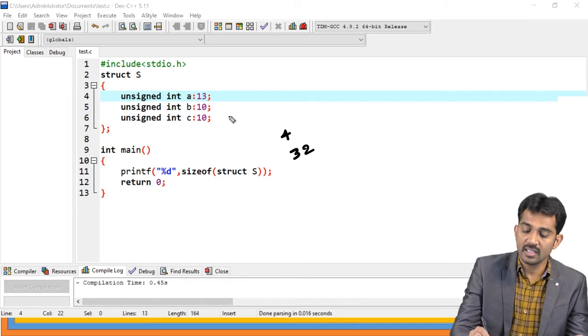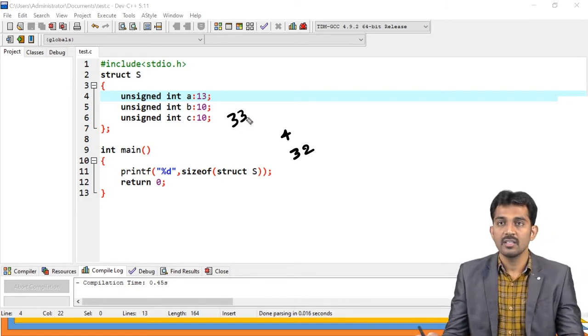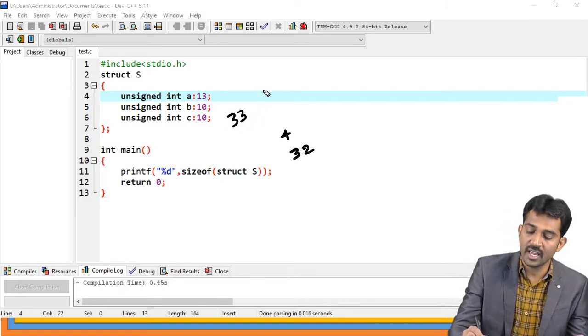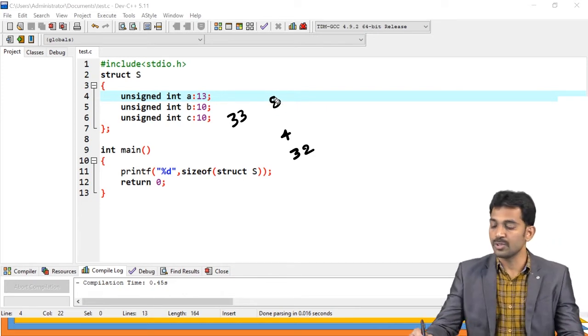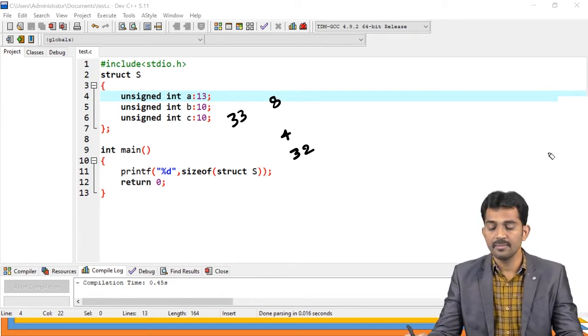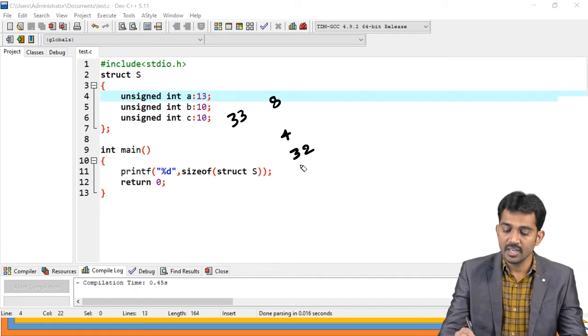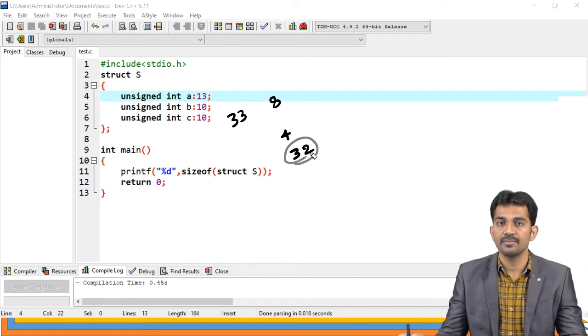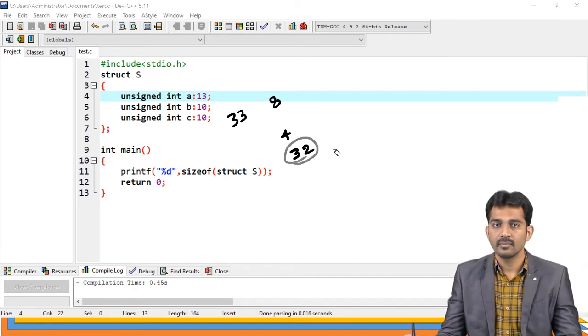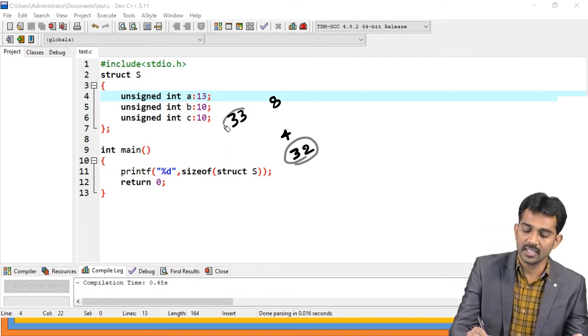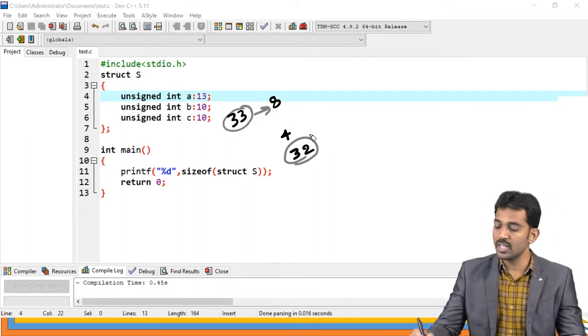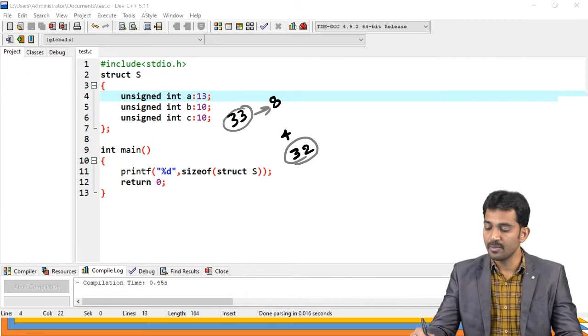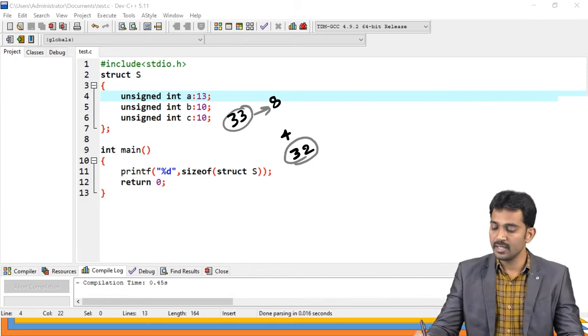But you allocated 33 bits. That means it is going to take 8 bytes in the output. Is this clear? That is why it gets 32 and 33. For 33 it is going to display more than 4 bytes, and it takes that value. Is this clear?